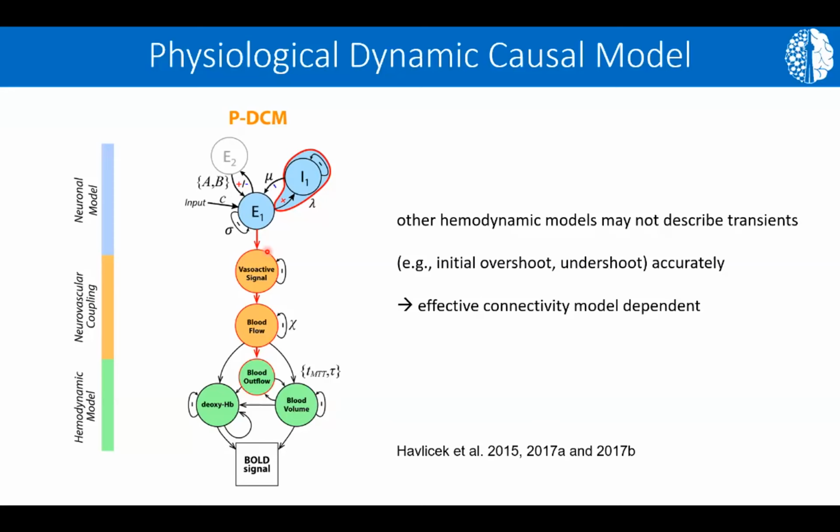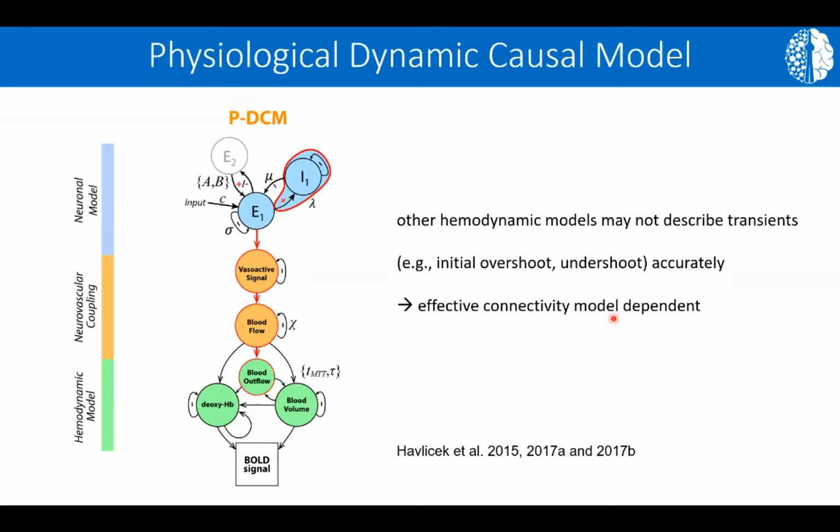Regardless whether the blood flow was already sufficient or not. It's a feed-forward mechanism, because some models, like the DCM in SPM, have a feedback, and we could show that actually this is not physiologically realistic. Then we have the hemodynamics and so on, and this has been published in 2015, and we had a few follow-up